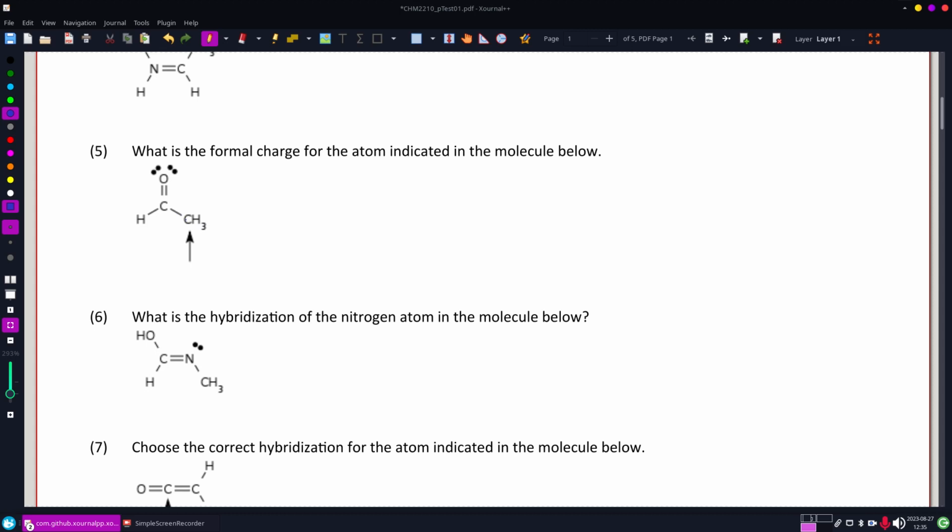So if I'm comfortable with seeing that, I actually automatically know that that particular carbon has a formal charge of 0 because all carbons with 4 bonds have a formal charge of 0. But if I need to expand that out, what you need to look at to figure out your formal charge is the structure around the atom in question. So I'm just expanding out the CH3,